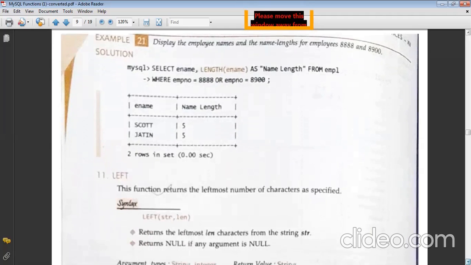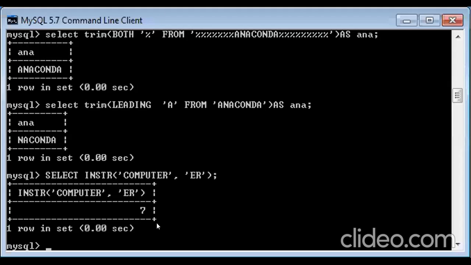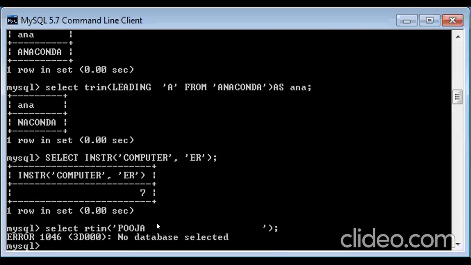Okay, so the next function we have is after length. Also, one more thing. Let me show it on the console. I was telling you just yesterday that when you use the rtrim function, suppose I use rtrim with so many spaces, it's very difficult.